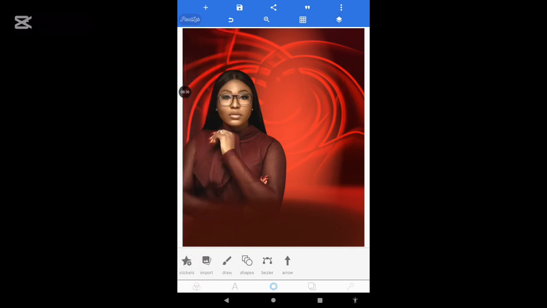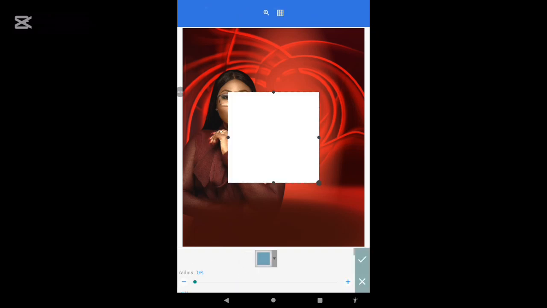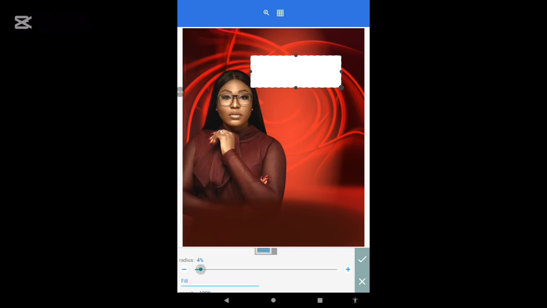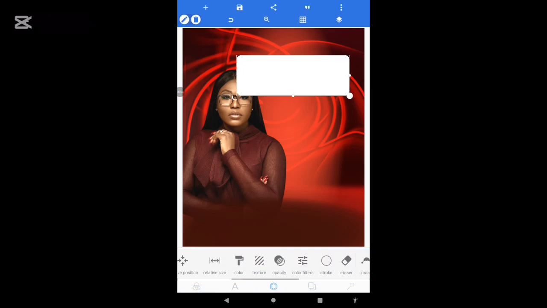All right, so let me bring a shape, the one that I placed at the top here. Let me bring that shape now. So I will increase the radius to somewhere like 6 or even 5 is fine. Okay, let me just make it 7. Then I'll increase this side slightly like this. Okay, hit the check and go to your perspective